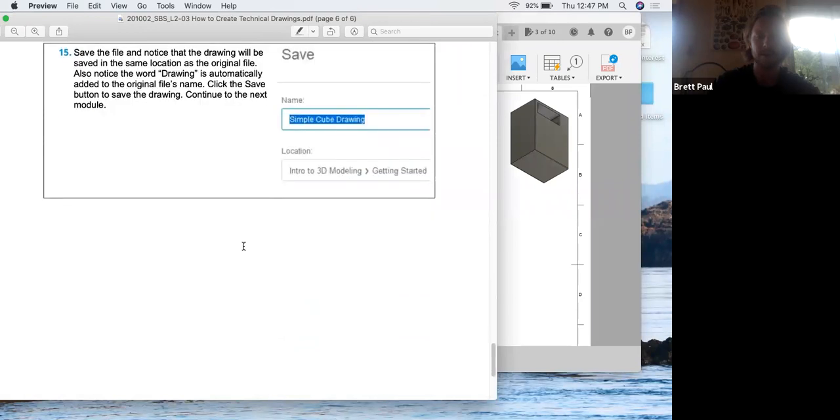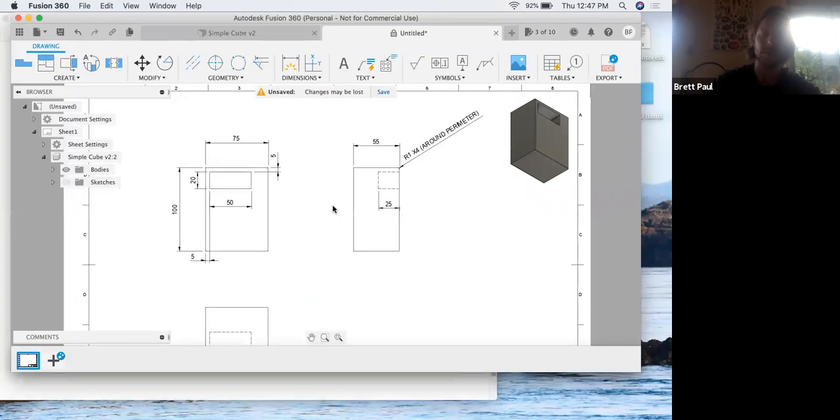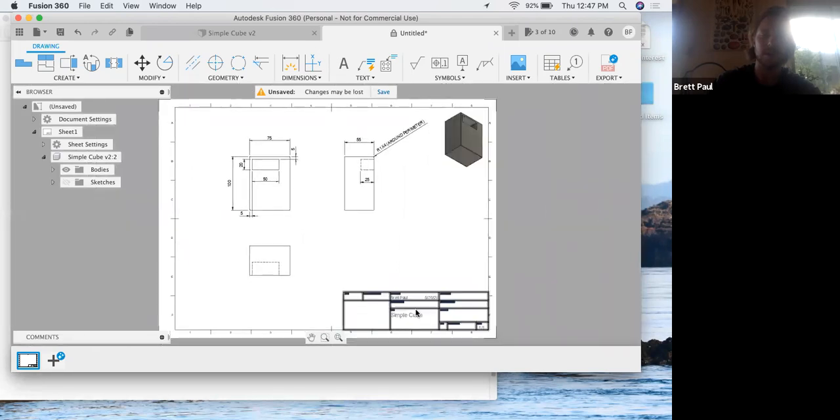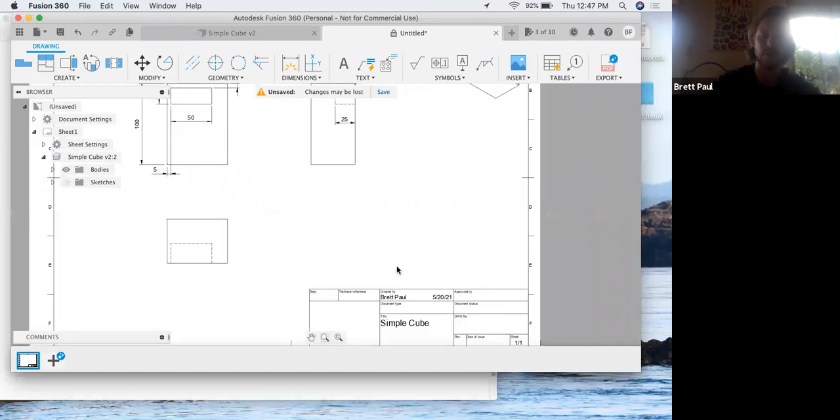All right, and save the file. So that's pretty much it on drawings. The main takeaway, well, there's the template here as well. We'll talk about templates later. This would be a space where you put general tolerances. Obviously, you have your name, the designer, the date, the title of the drawing. There's a drawing number if you're making a part where you need to follow the revisions. Anyway, we'll talk about that more